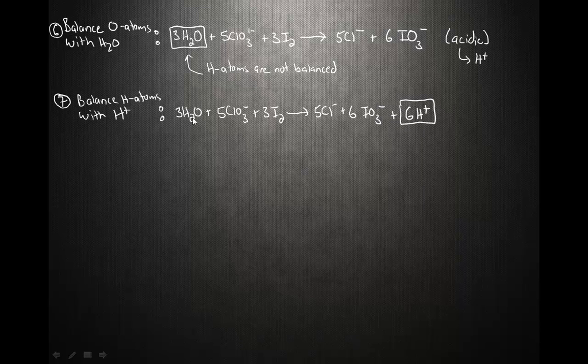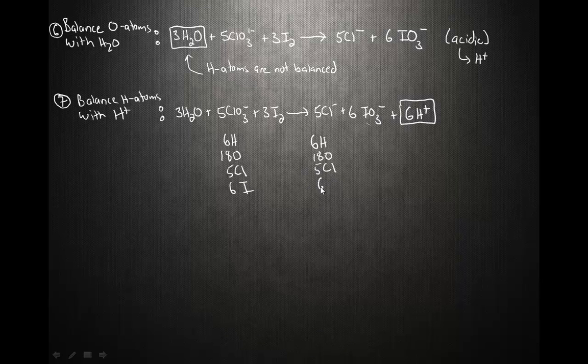Now, one of the things that I suggest you do, especially in a question like this, is just go back and make sure that everything is balanced. And I'll show you what I mean by that. We want to balance the atoms. So I've got 6 H pluses on the reactant side, so 6 H's. I've got 6 H's on the product side. I have got 3 plus 15, 18 O's. 6 times 3, 18 O's on the product side. 5 Cl's, 5 Cl's. 6 I's,